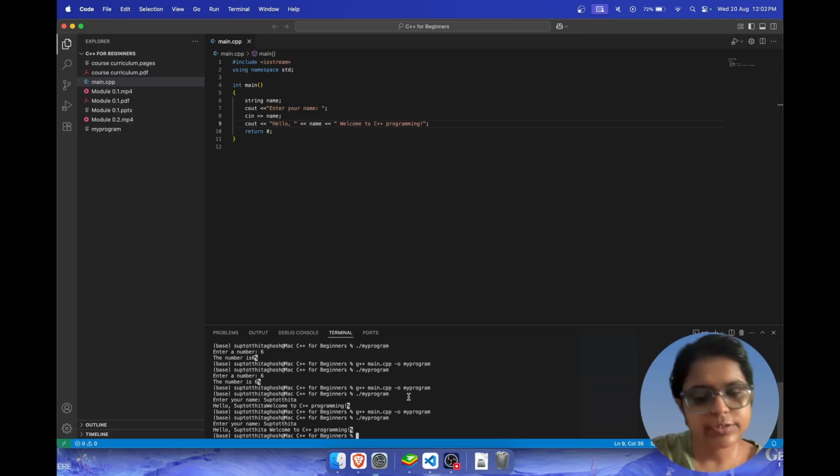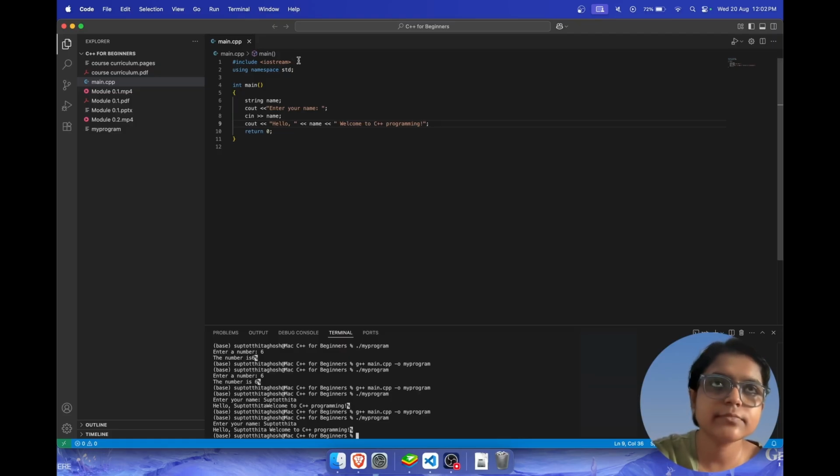So now we know that every C++ program has this structure, which is this preprocessor directive, which lets the compiler use cin and cout. Then we have using namespace std, which lets you use cout and cin without having to write a slightly longer command for it.